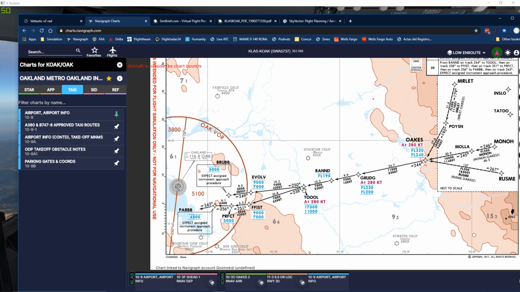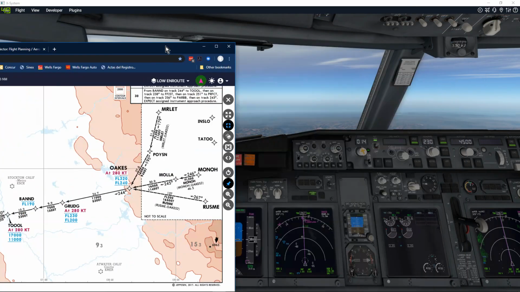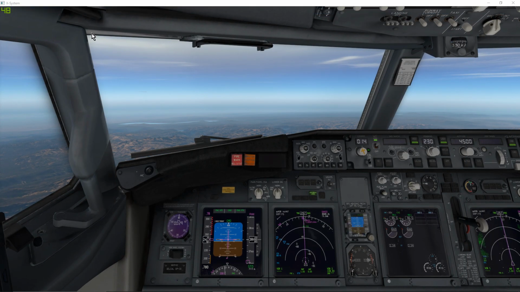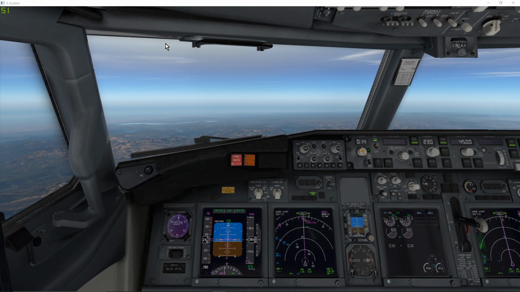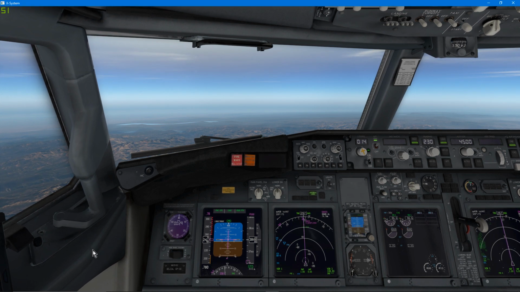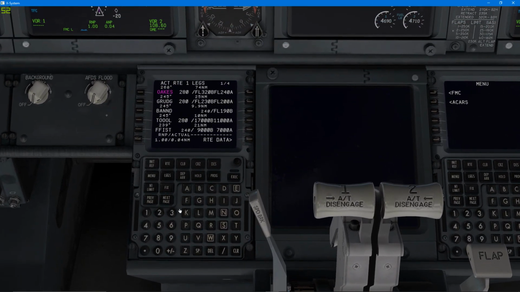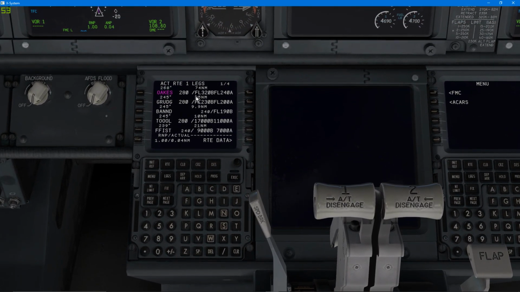Alright, and since we're gonna land on runway 30, most likely we're just gonna basically follow this route here. So our lowest altitude will be 4,500 feet that we descend to right there. Luckily the FMC does most of the work, so it has all the restrictions in there, so unless it starts acting weird, we don't really have to worry about it because it's already going to maintain the